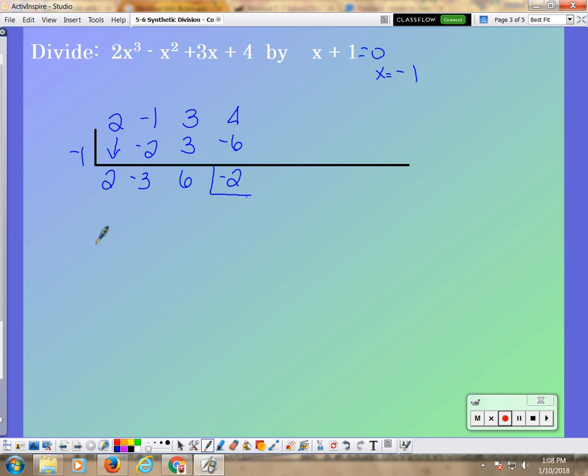I rewrite this. Remember, on my variable, my exponent is going to come down by 1. So this becomes a 2x squared, this becomes 3x plus 6 with my remainder of -2 over the x plus 1. So this is where you would stop for tonight's homework. So for our worksheet, this is where you would stop. But we're going to continue on